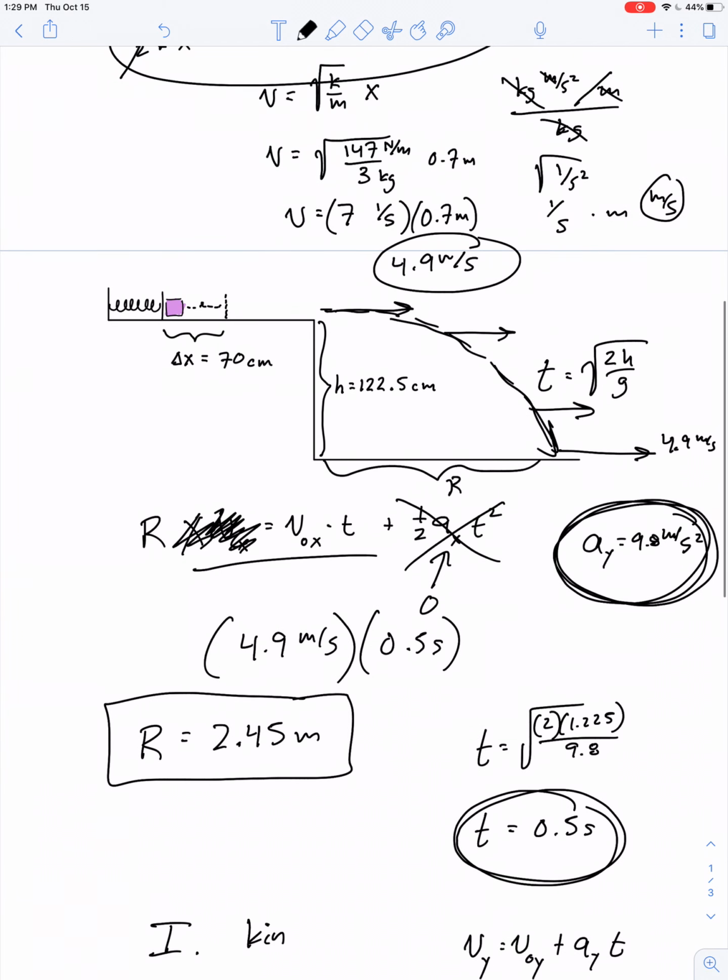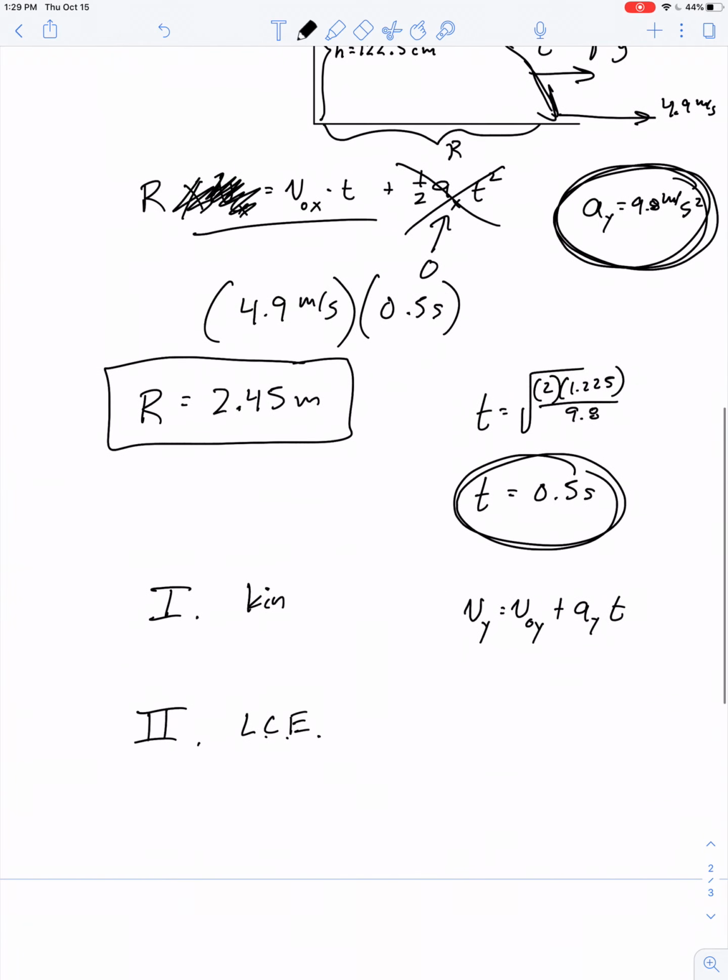Now there's an initial speed of 4.9 meters per second as it flies off the ledge, but that's applied only in the horizontal direction. The initial vertical component to the speed is 0. So the final vertical speed at impact is 9.8 meters per second squared times 0.5 seconds, which gives us 4.9